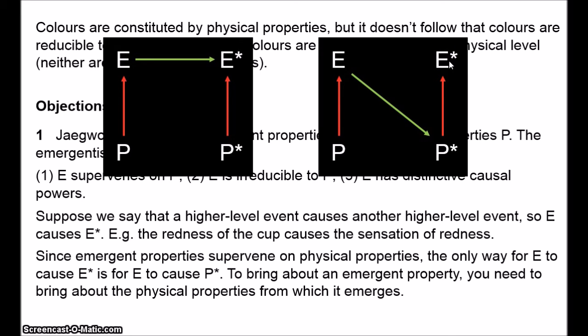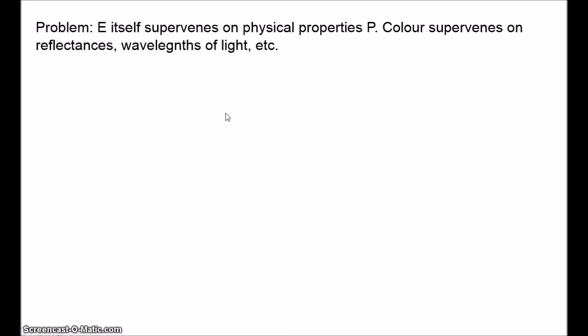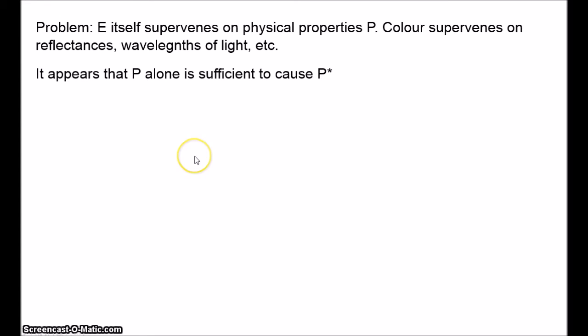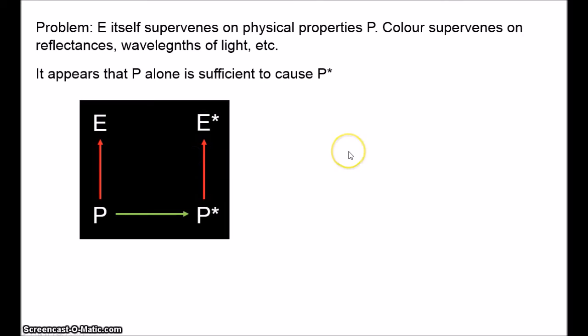Now here's the problem. E itself supervenes on some other lower level properties P. Colour supervenes on wavelengths of light or spectral reflectances or whatever. But then it would seem to follow that P alone is sufficient to cause P star, like this. And this is kind of obvious when you think about it. We can tell a complete story of the production of colour experiences using only the physical properties. The spectral reflectance of the object, combined with the wavelength of the illuminant, leads